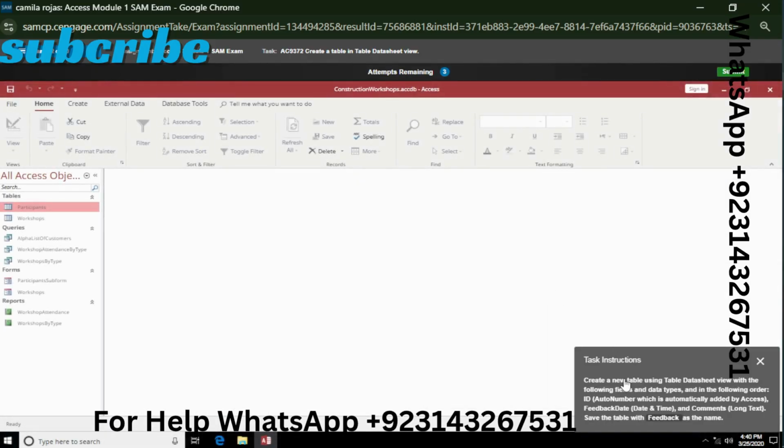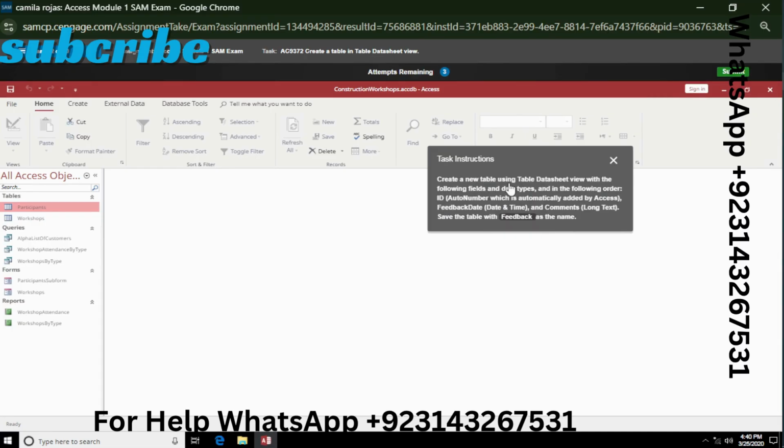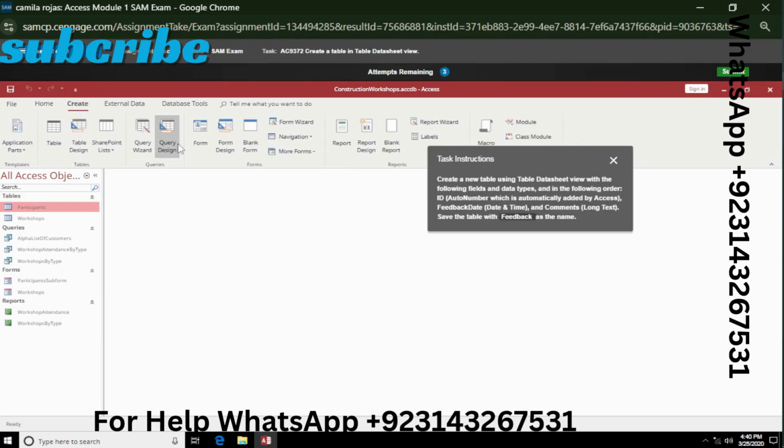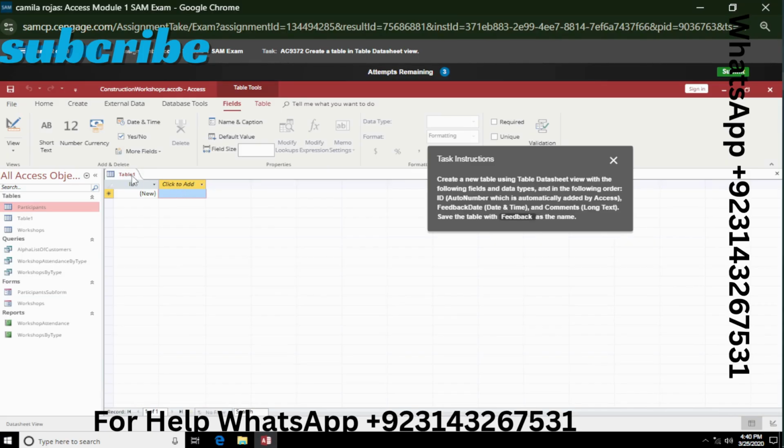Our task 12 is create a new table using the table datasheet view. So click Create and click on Table, and now add data types in the following order. ID is automatically added by Access, and we need to add a second field, which is Feedback Date, and this data type is Date and Time.